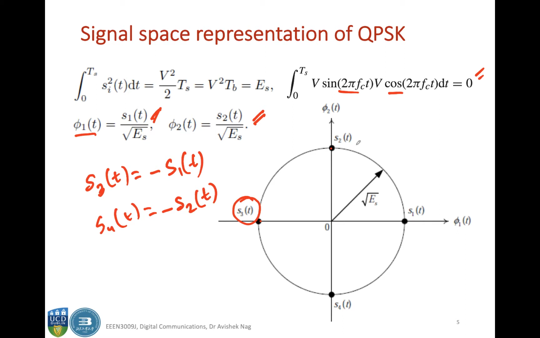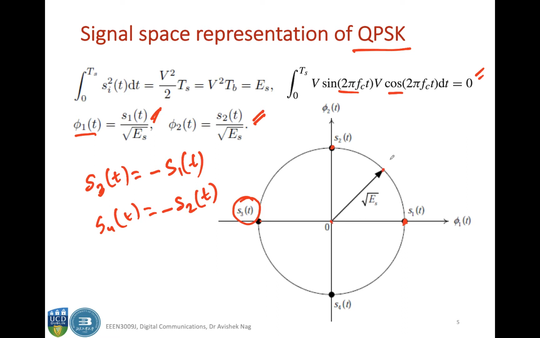Okay, so these are the 4 signals of your QPSK set. This is called quadrature phase shift keying because each signal you can see is a 90-degree phase shifted version of the other. So if you consider the signal space from the perspective of amplitude and phase, let's say any point